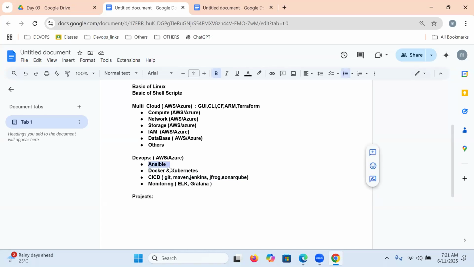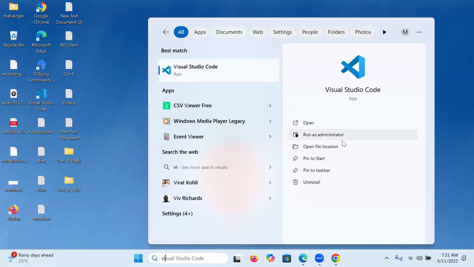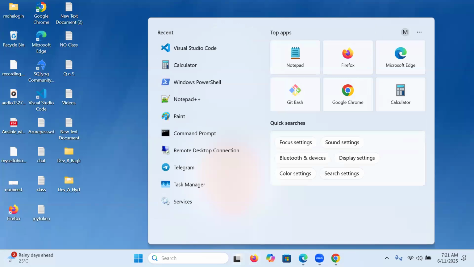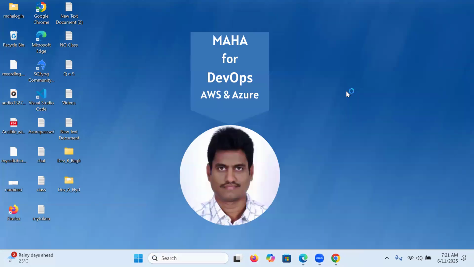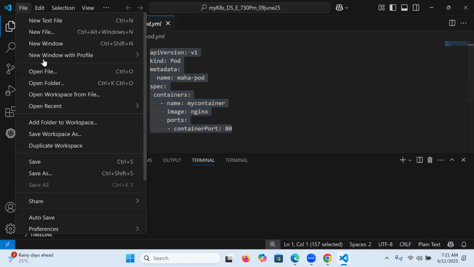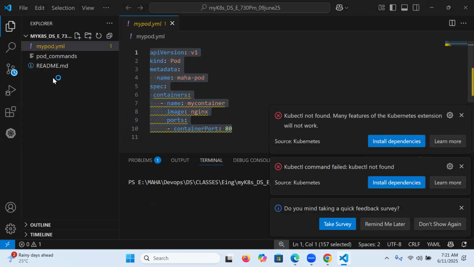For example, let me show you how exactly we're going to write. One second. In Ansible, we are going to use this kind of projects. I will teach you, don't worry.